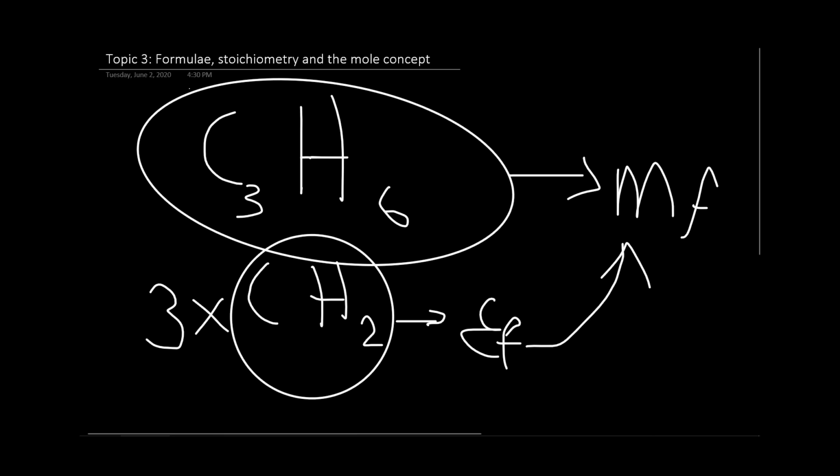So what if the molecular formula was C4H8? Would the factor have been 3 back then? No, right? The factor would have been 4. You would have needed to multiply the empirical formula by 4 in order to get your